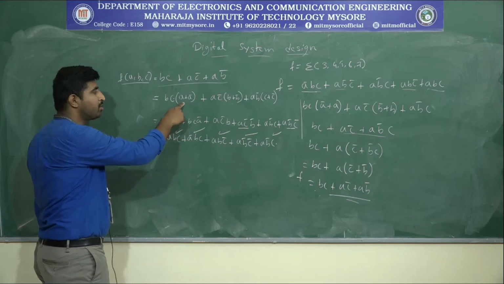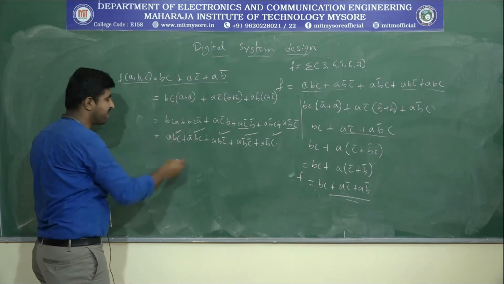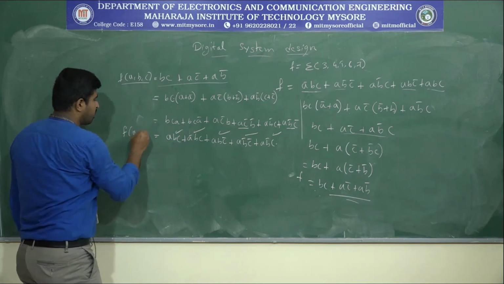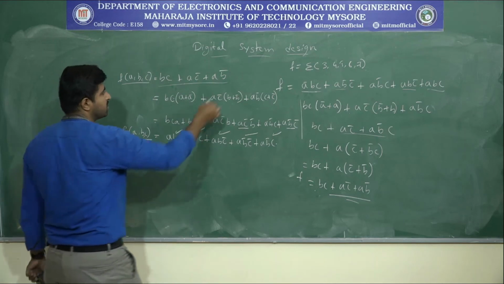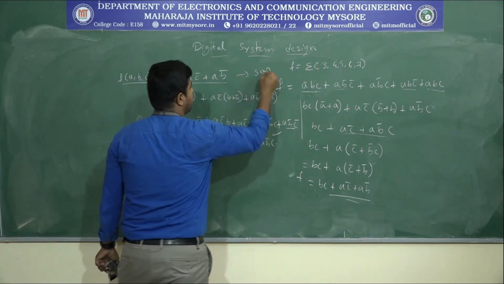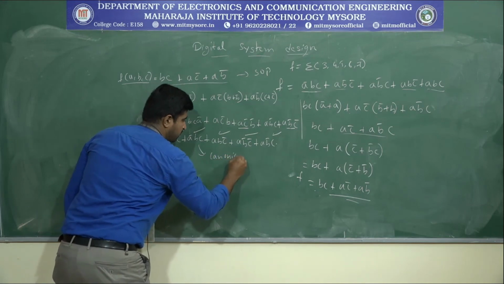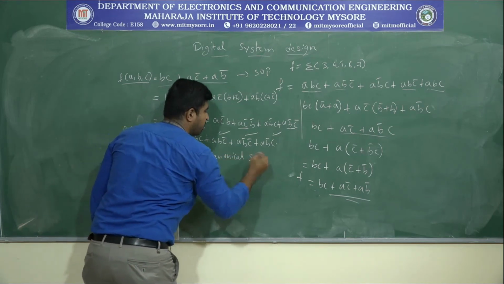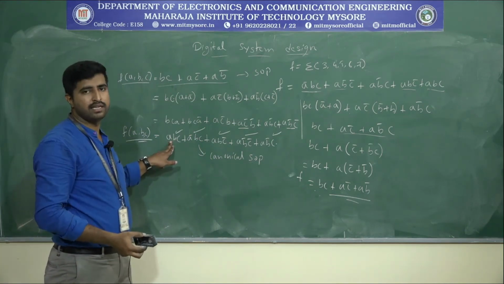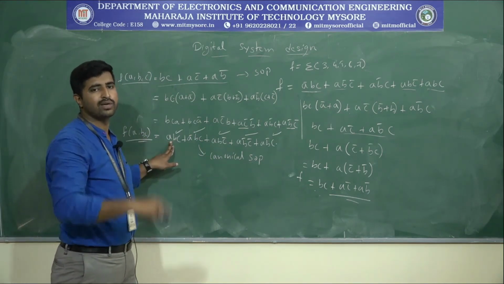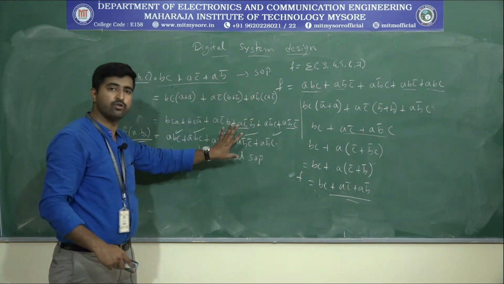We just need to AND the missing variable. Like that we can convert the normal SOP to the canonical SOP. So these were the SOP and this is the canonical SOP. So what is the canonical SOP, or canonical min terms? All the variables will be there corresponding to the logic one. So like this we can convert the SOP to the canonical SOP.